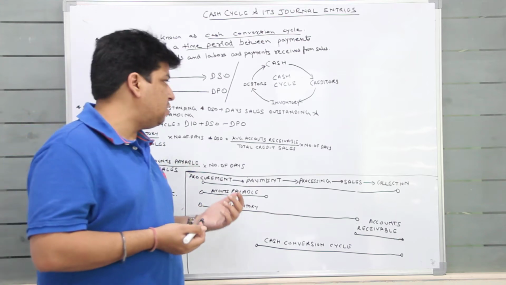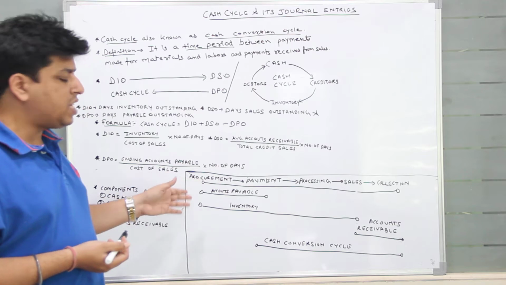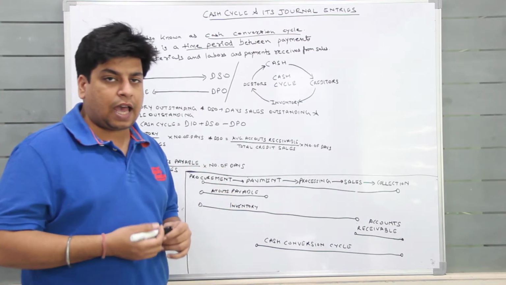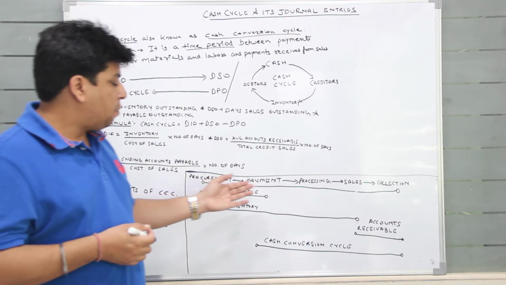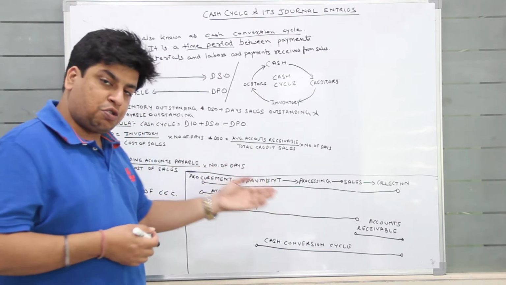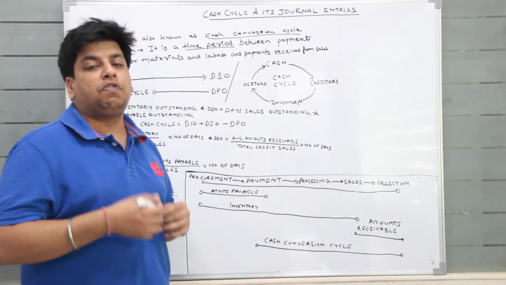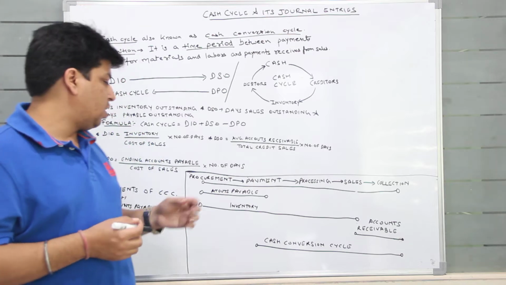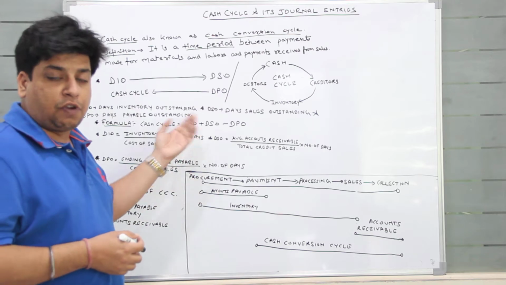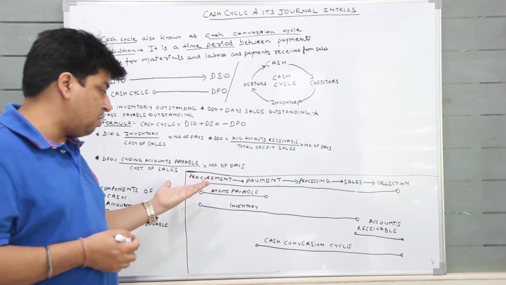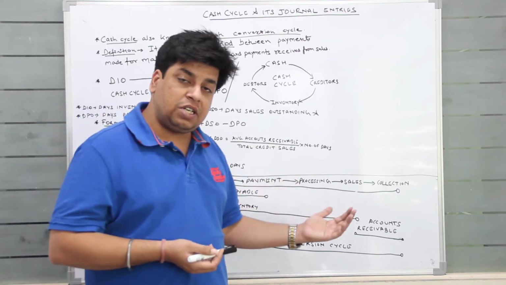Let's understand it better from this diagram's perspective. So the entire activity that we can capture that's happening in an organization is the procurement of raw materials, payment to the creditors, because as I told you, we are not going to immediately make the payment along with the procurement. We will be taking some credit period. So after the credit period, we are going to make payment to the procurement from whom we have done the procurement. That means we will be making payment to our vendors,